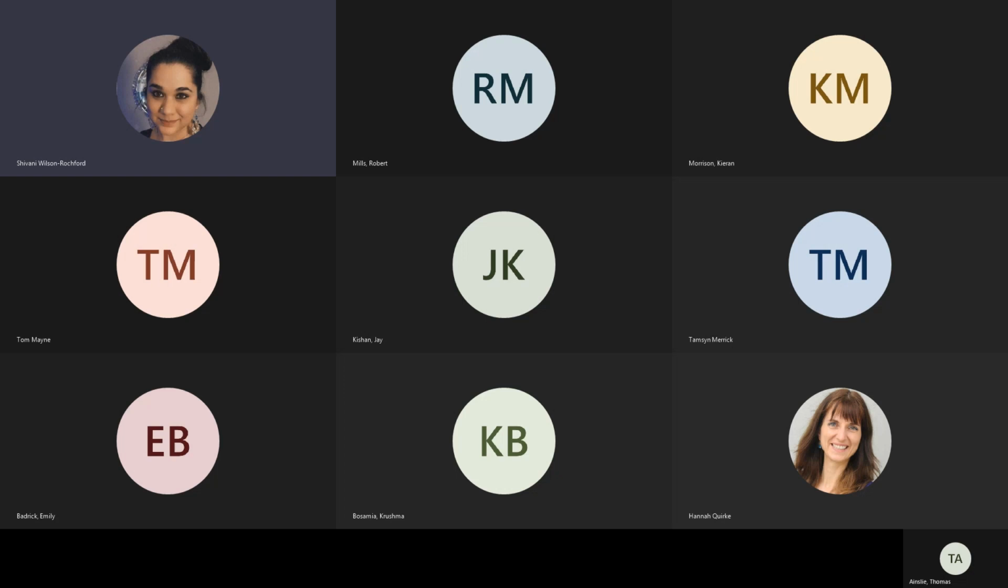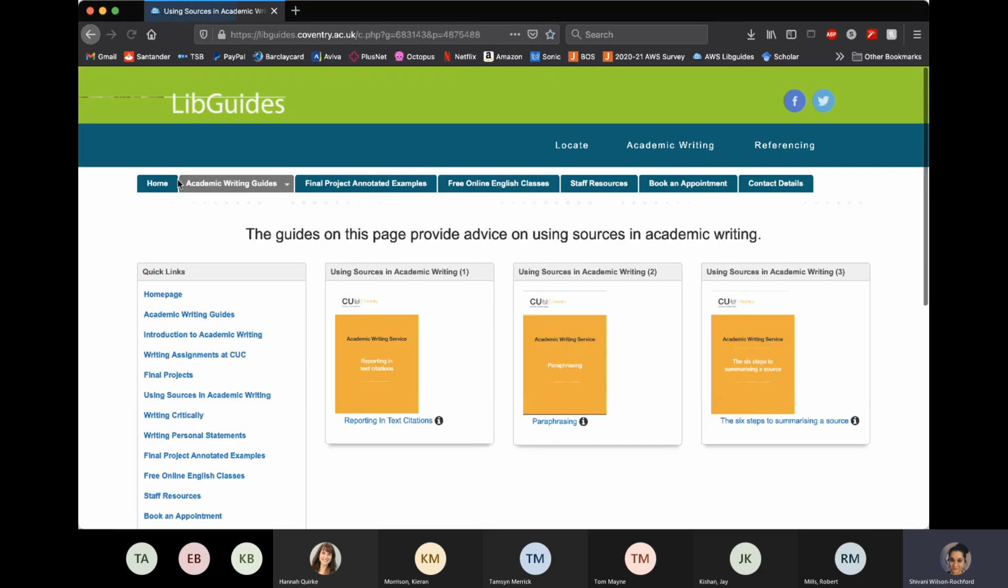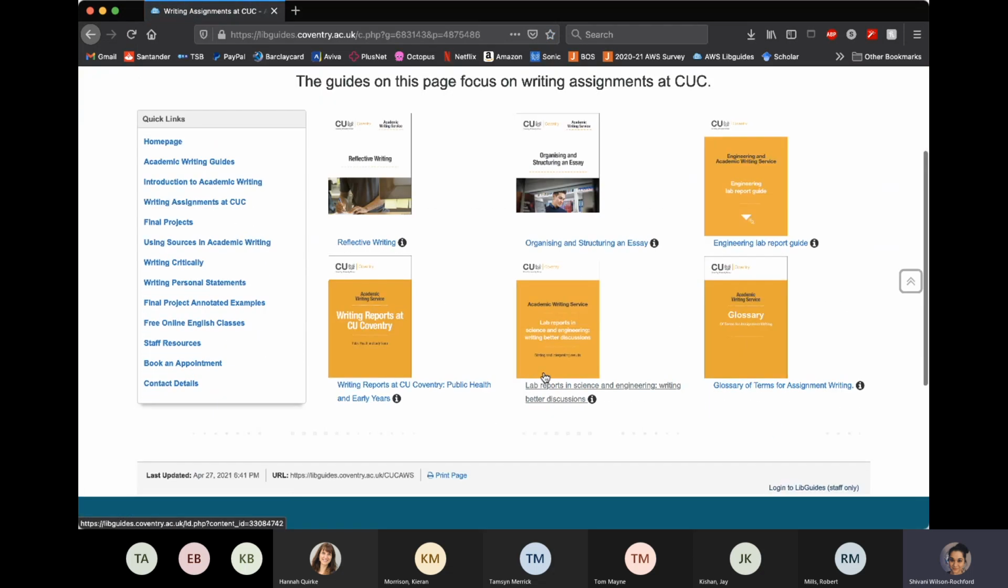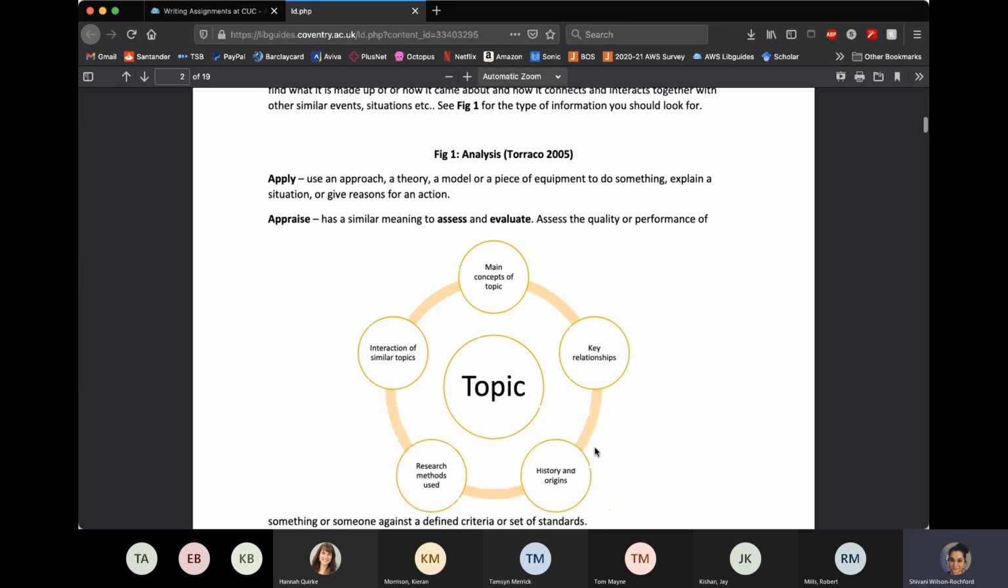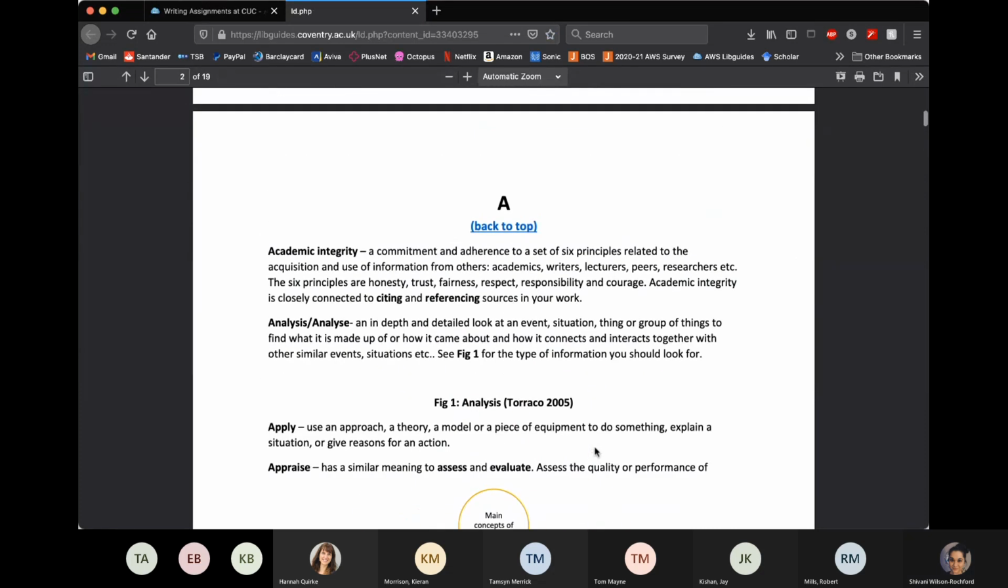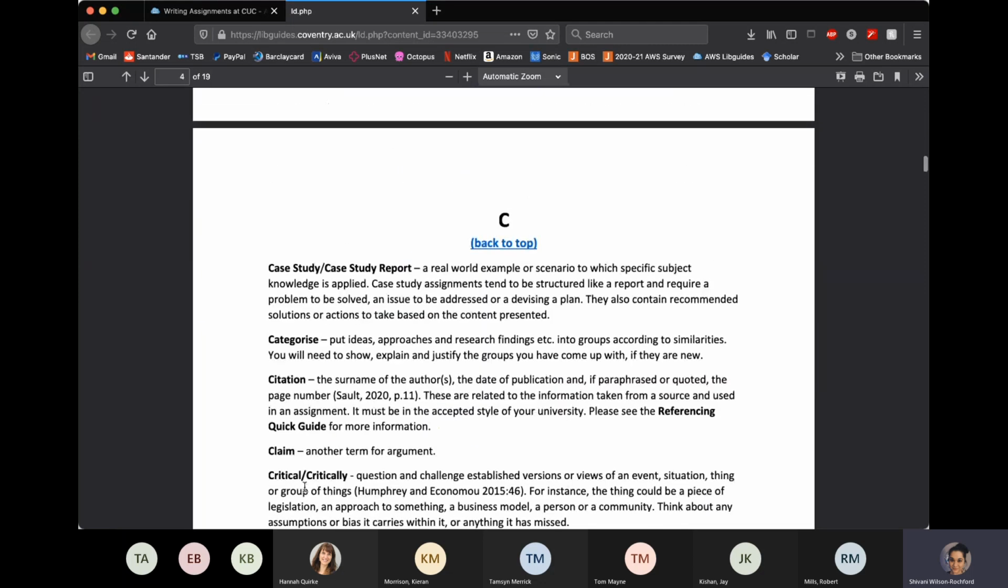So the first one is, let me see where we've put it. Right, so here we've got a glossary of terms associated with assignment writing. So this is this year. It gives you various terms from A to Z that are involved in assignment writing in general and learning outcomes. So in there will be terms associated with your particular assignment, such as appraising, critical evaluation, etc. So this might be useful for when